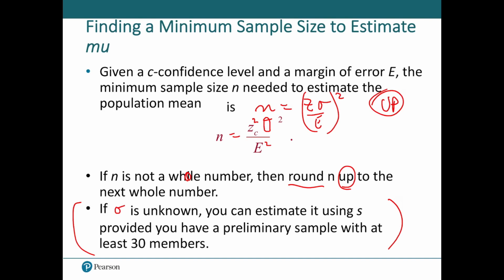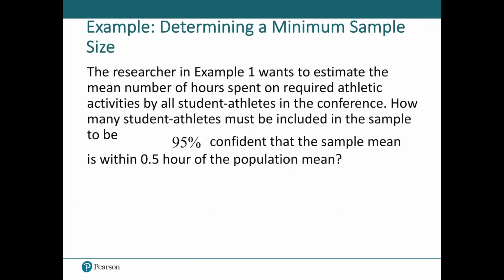So if sigma is unknown, you could estimate. This is something we will not be doing, but if sigma was unknown, that actually gets into more advanced statistics. I've seen it done, but that's not generally covered in a beginning statistics class. Typically, when the other distribution, the t distribution, is used, we don't usually solve for n under elementary methods because we have some information missing. But I suppose s could pinch hit for it. We will just not be doing it here. Nice idea, but simply not used in an elementary class.